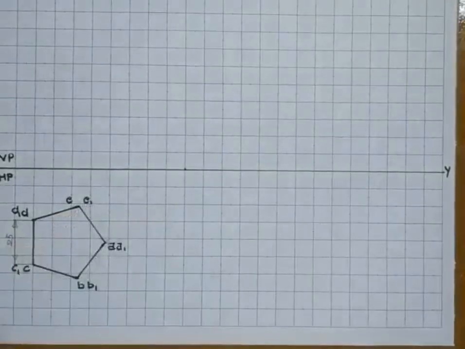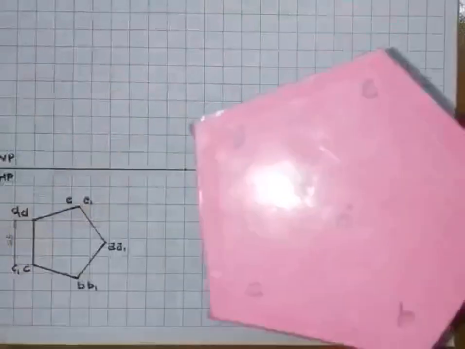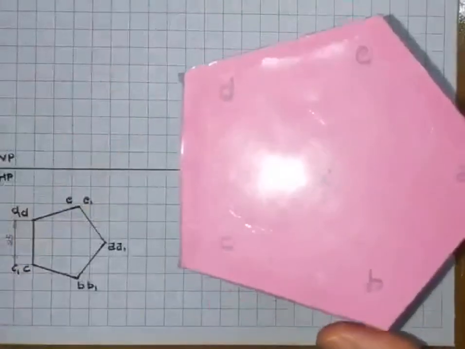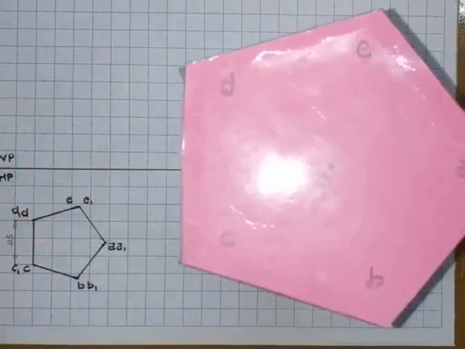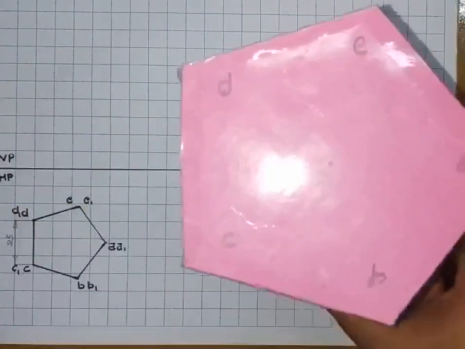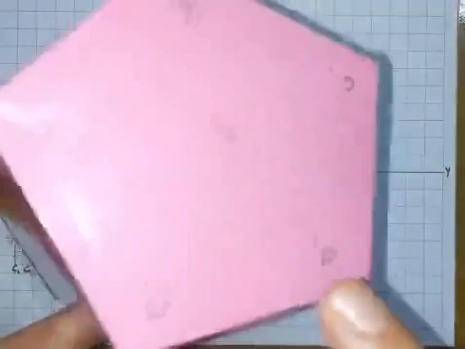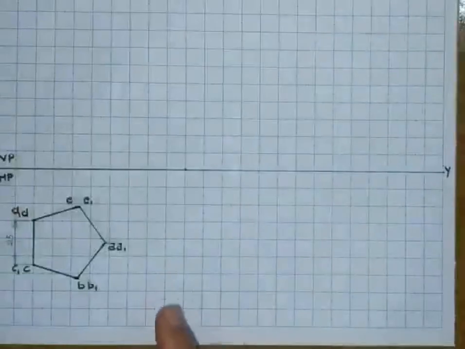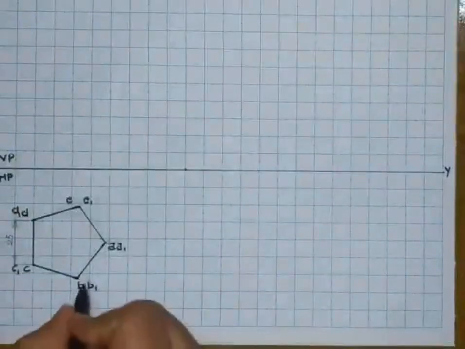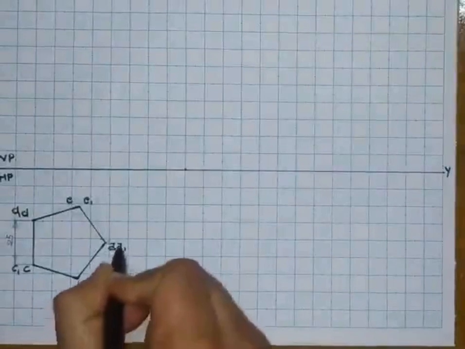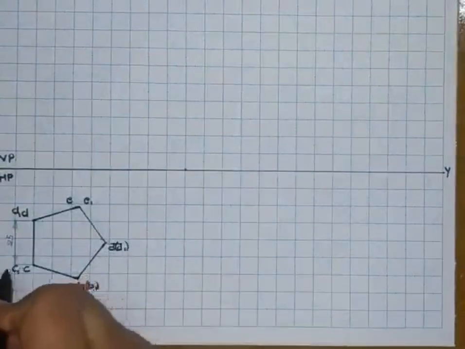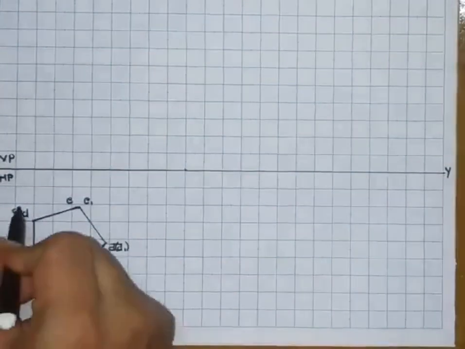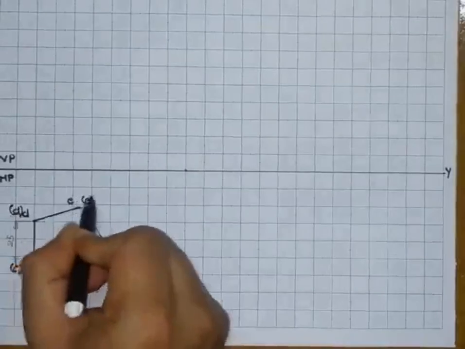And if you look from the top, you will be able to see only the top face points, that is A, B, C, D, E and O. It is not possible to see the bottom face points A1, B1, C1, D1 and E1. So I am going to keep all these points within brackets, which indicates all the bottom face points are invisible.